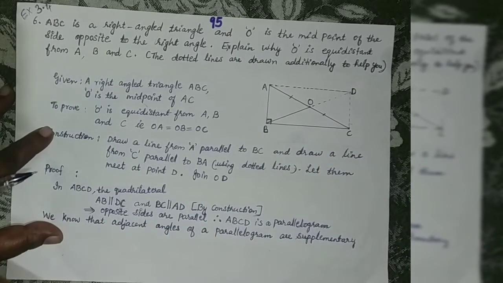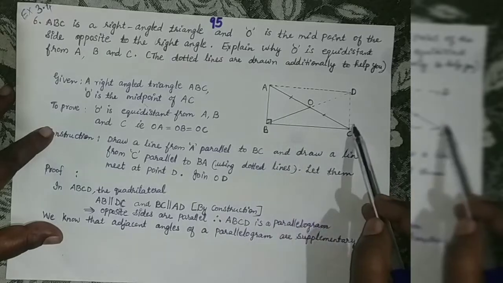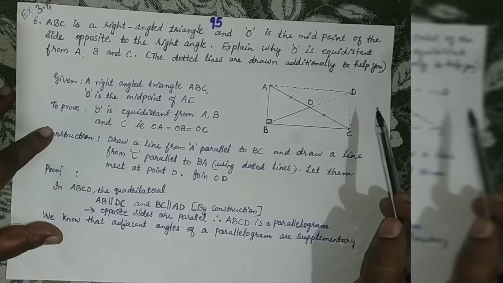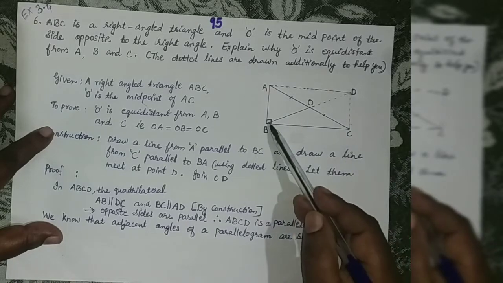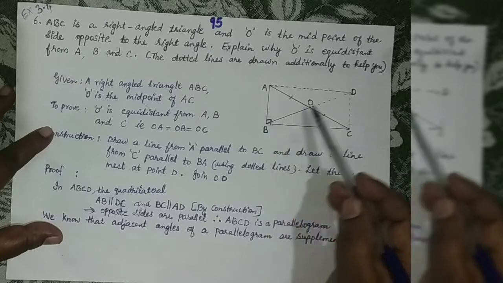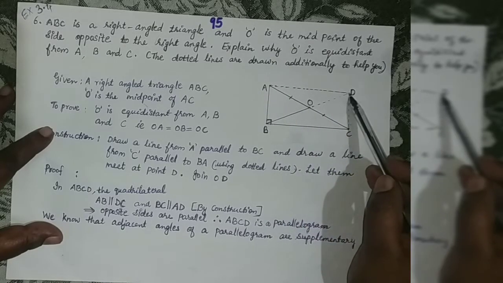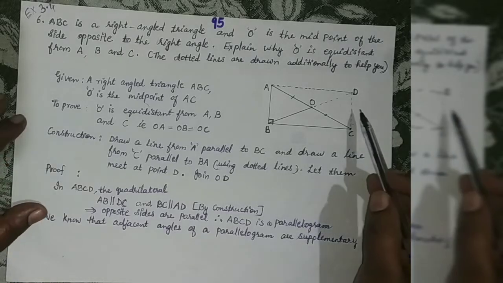Okay. So what is this? If the lines AD and BC are parallel and AB and CD are parallel, it's a parallelogram. We can say it is a parallelogram only. Now, you know angle B is 90 degrees. That is already given. So angle D is also 90 degrees, because in a parallelogram opposite angles are equal. So B is 90 degrees, D is also 90 degrees. The reason is opposite angles are equal.